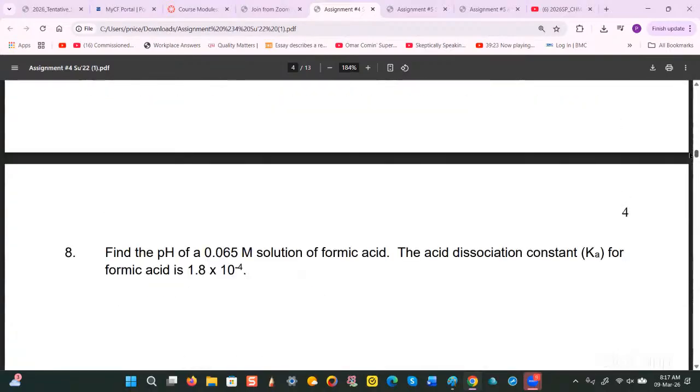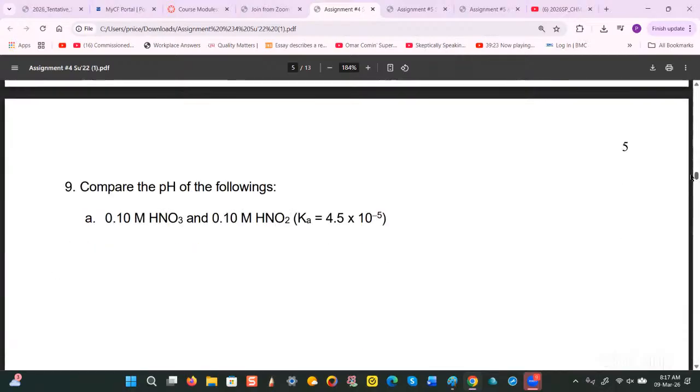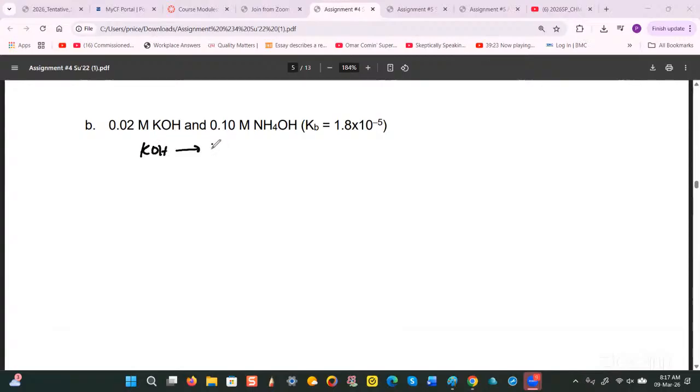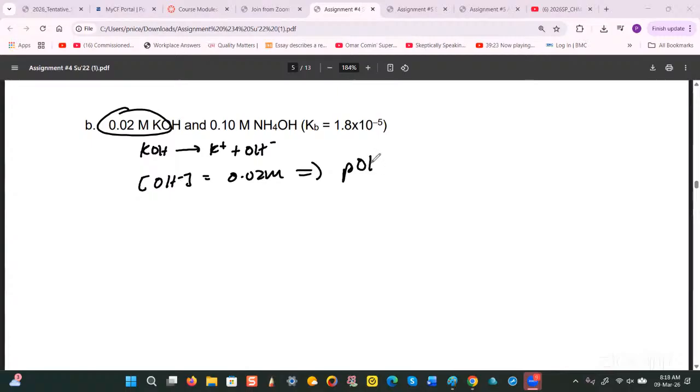Okay, I think I'm going to do B for you because we did not do a pH of a basic solution that is weak. All right, so in the case of B, potassium hydroxide is a strong base, ammonium hydroxide is a weak base, right? So for the potassium hydroxide, that's very easy because potassium hydroxide is strong. It will undergo complete dissociation to form potassium and hydroxide ions. So therefore, what that means is that the concentration of the hydroxide ions in this solution would be the same as the initial concentration of the potassium hydroxide, which is 0.02 M, which means that the pOH is equal to